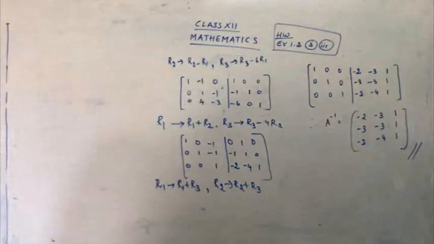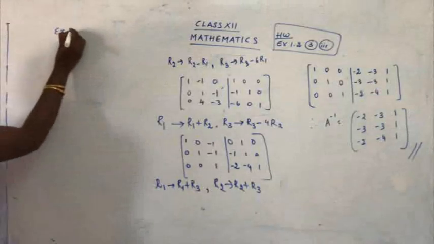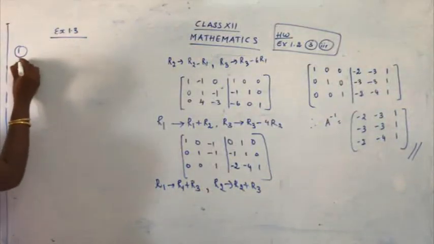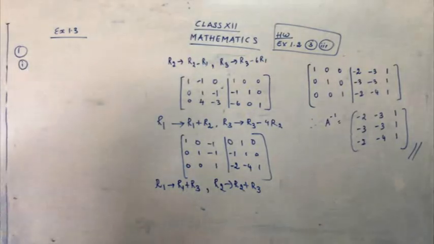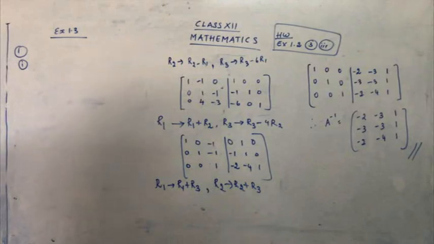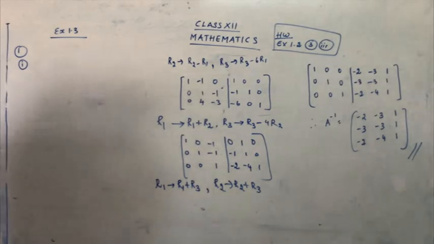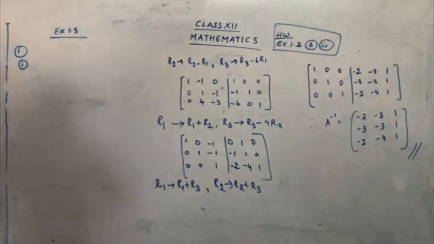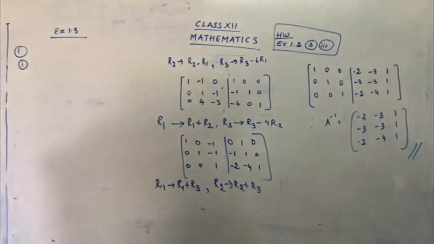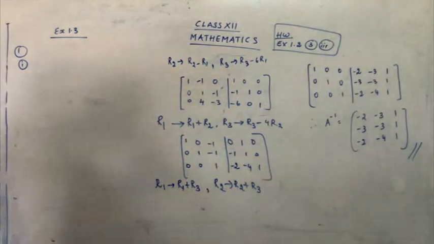So let's take one sum from here. Let's write exercise 1.3, question number 1, first subpart. You are going to solve the following system of linear equations. So we have been given linear equations there, and you're just going to solve the linear equations by matrix inversion method. Now solving the linear equations is just finding the value for the unknown variables. So for the first part, the unknown variables are x and y. So your work is to find out the value for x and y. So let's start with the sum.